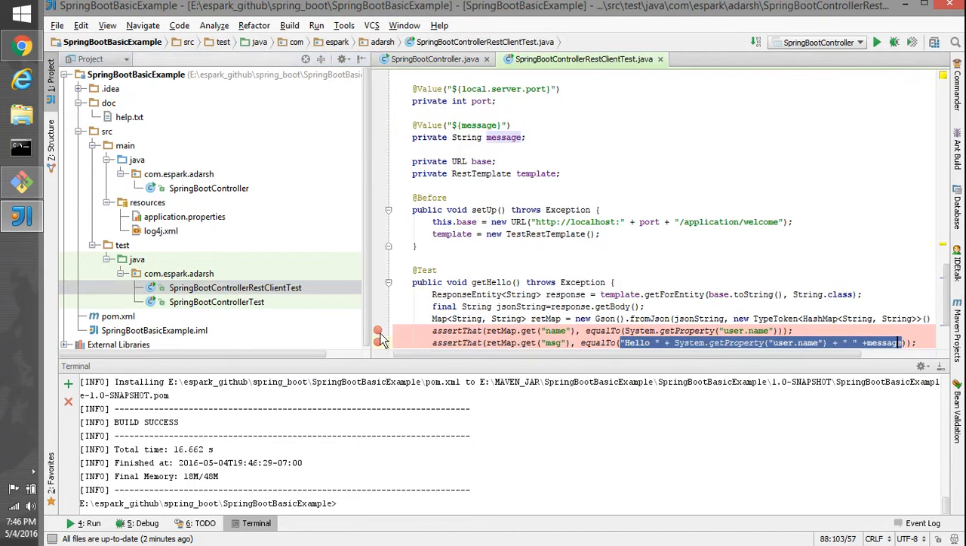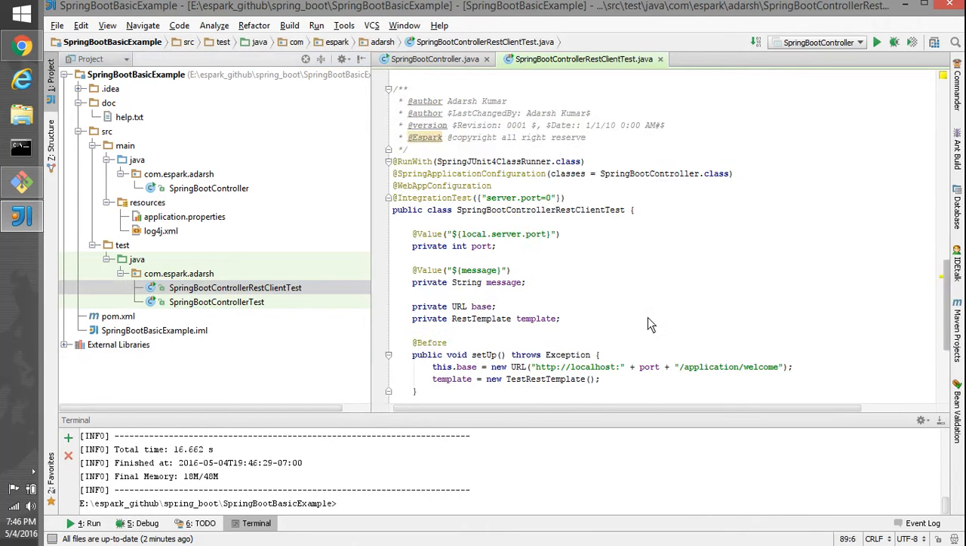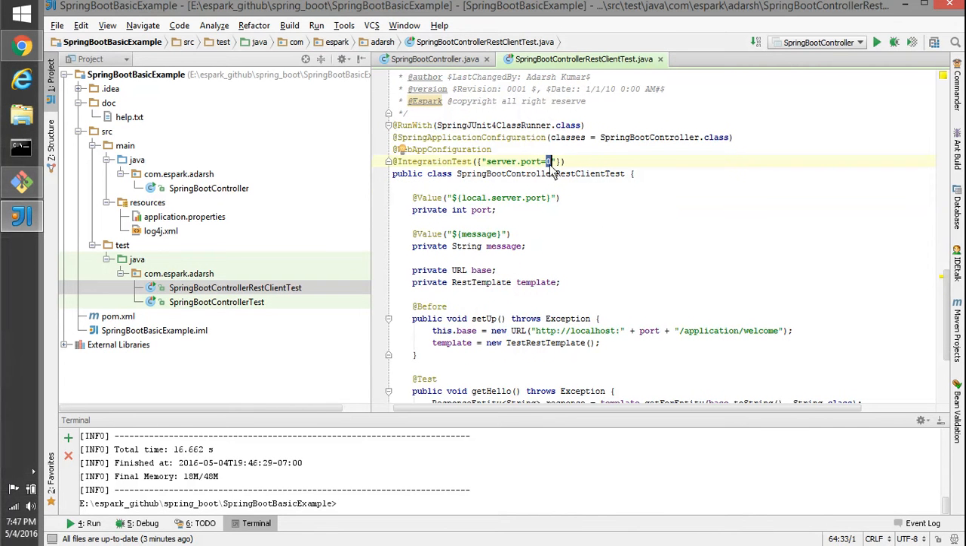This is a REST based client, and that is a debug point which I have kept here. Here I am executing this class with the JUnit runner. That Spring application configuration for Spring Boot is a configuration class, a controller class for us. Web application configuration, integration testing, server port, as of now I have given 0 here, and this is a default thing because that will be overridden by this port